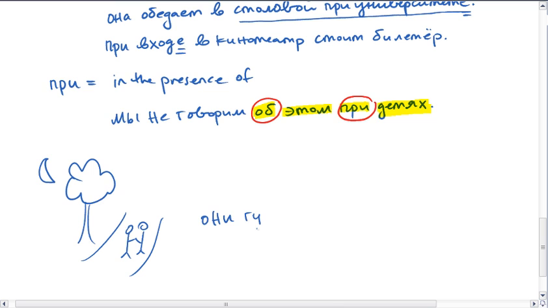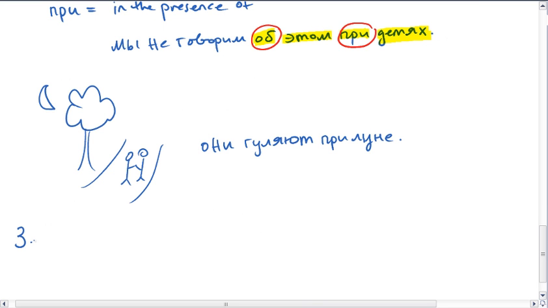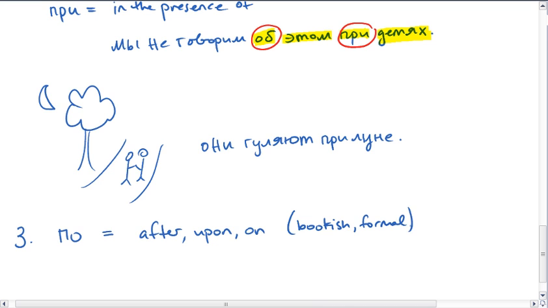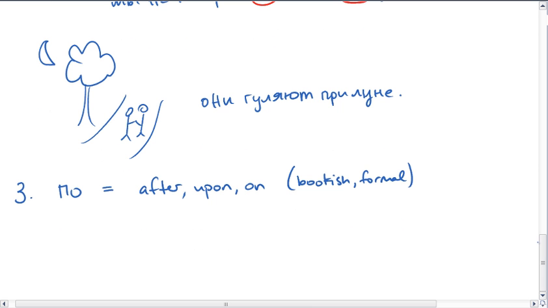Они гуляют при луне, in the presence of the moon, right? We also use the prepositional case after the preposition по, meaning after or upon or on. And this is bookish and formal. This form of speaking. So you could say